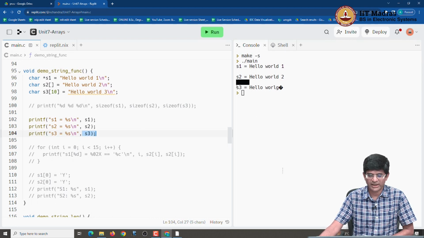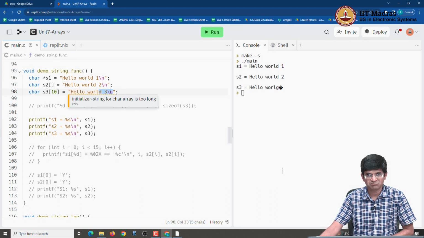What happened? I actually try printing out the value of S3 and you can see it starts off fine, hello world, up to this point is okay. What's special about the L? It is the 10th character, the 10th byte, HELLO space WORL, that's 10 bytes, which means that anything else that was there beyond this, which is the D space 3, the new line character and the 0 that was used in order to terminate the string, are all technically outside S3,